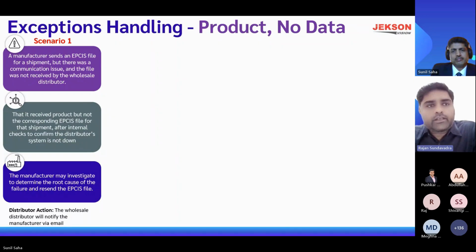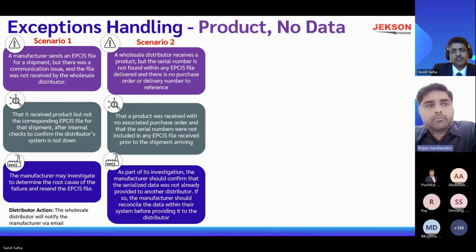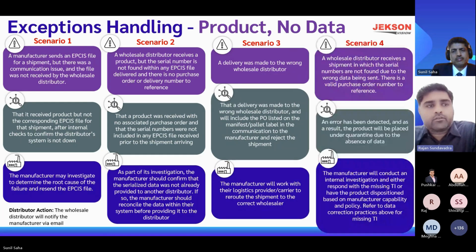This is use case number 2. There are physical products, but no data. If you look closely, the manufacturer is sending the EPCIS for the shipment, but because of a communication issue, the file did not reach the recipient end, right? And the root cause probably could be